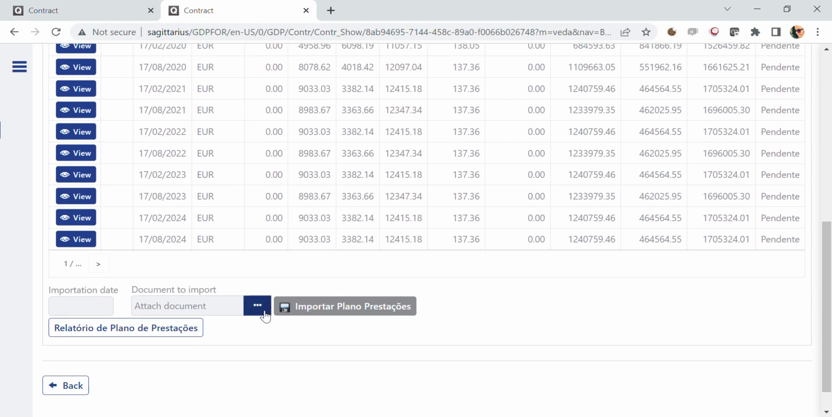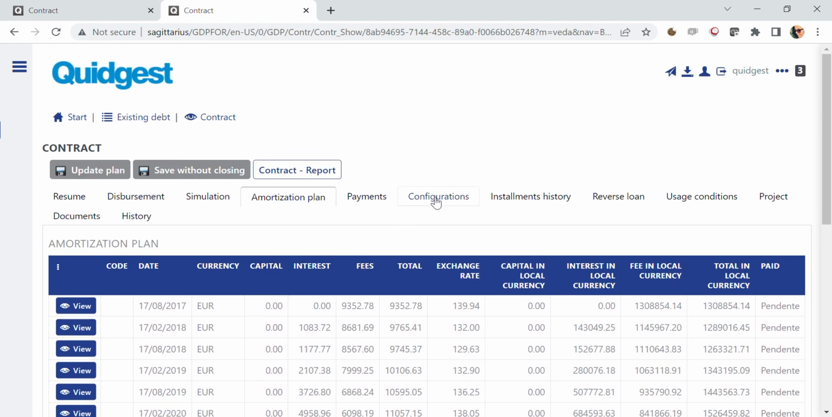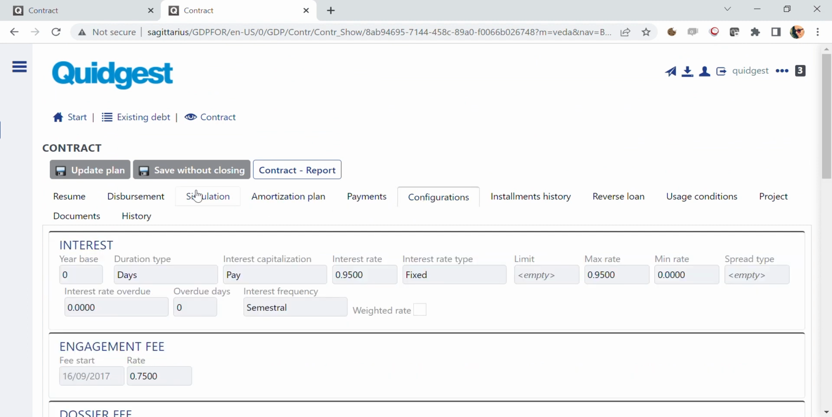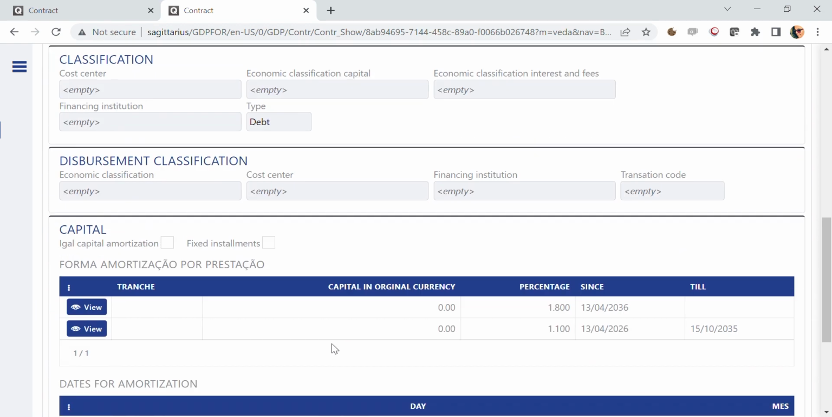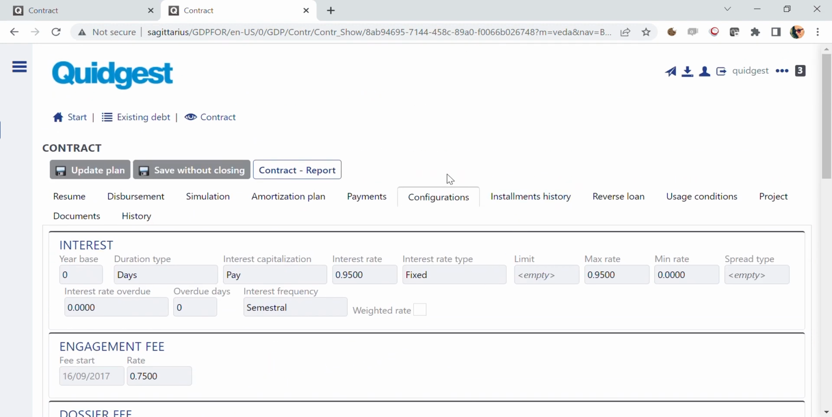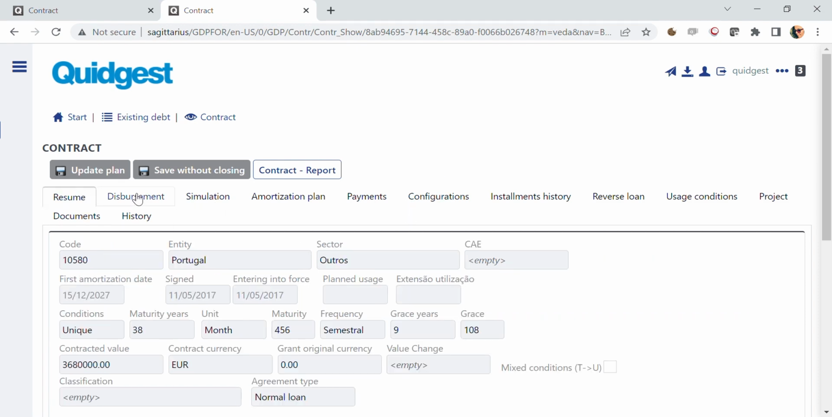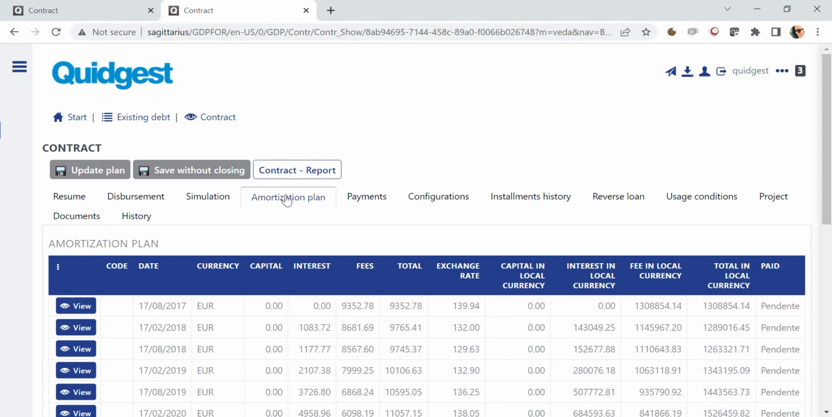It's also possible to import this information directly from Excel if the standard simulations won't be enough, because of course we can simulate the first simulation, then make it into an amortization, into a real payments plan. With some configurations as far as interest is concerned, engagement fee, the CFE, other costs, and form of capital amortization. So basically taking into account the information regarding the configurations and the resume, the disbursement, simulation, and later the amortization plan is